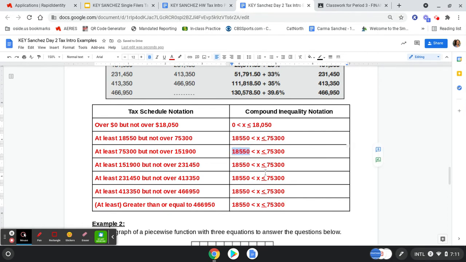So this one's now going to be 75,300 to 151,900, 151,900, 231,450, up to 413,350,